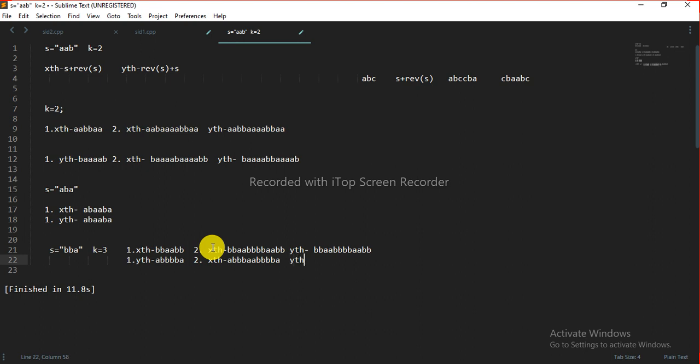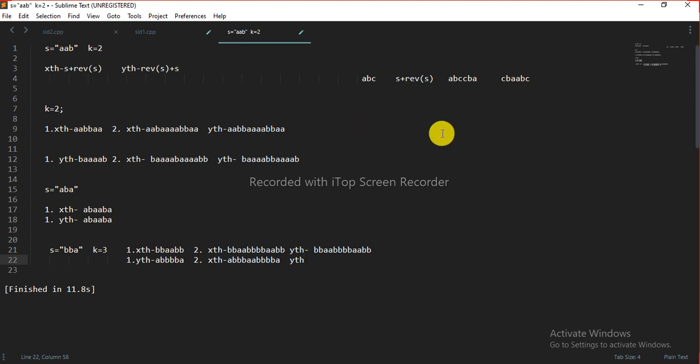And for the third operation also, if we perform the x operation, y operation to these strings, the maximum different strings we can get is 2 only, because basically these strings have become palindromes. So if we perform the x operation, y operation to any of these strings, we will get a result of at most two different strings.